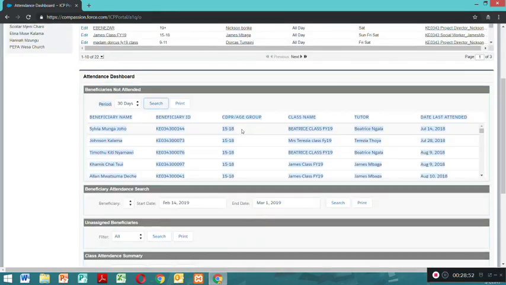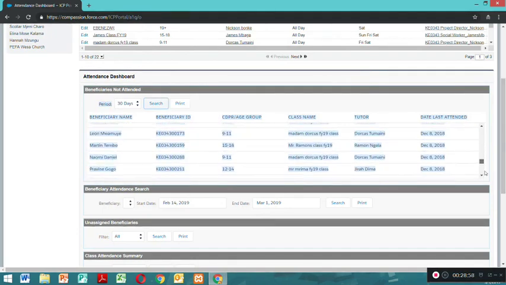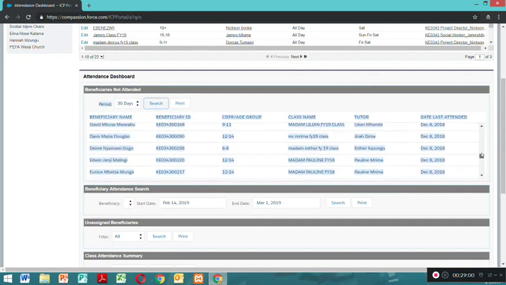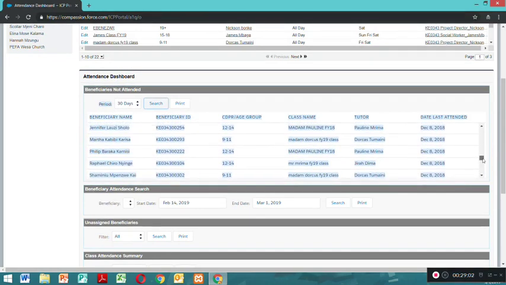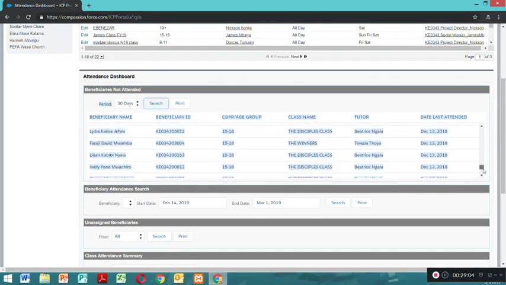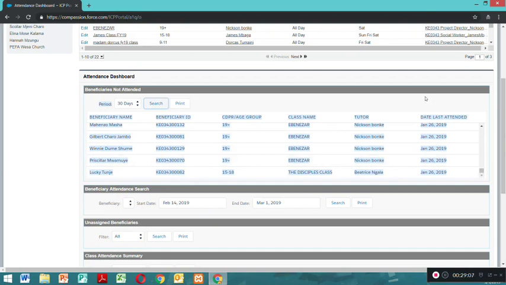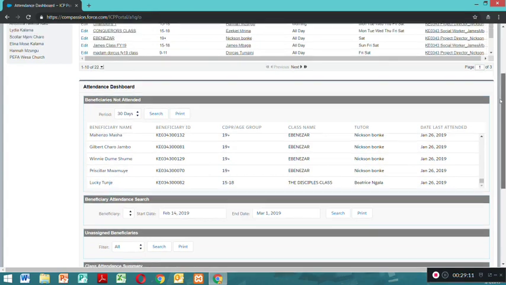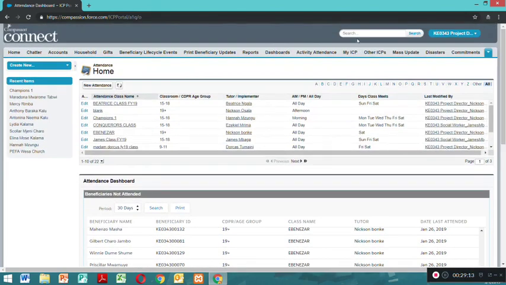So when you click search, you find that these are the students who have not attended the program for the last 30 days. These ones, the last date was November, and most of these have gone to high school. You can see most of them have gone to high school. Remember, if the child is in high school, this is what you should do. If the child is in high school, let's say child number 001